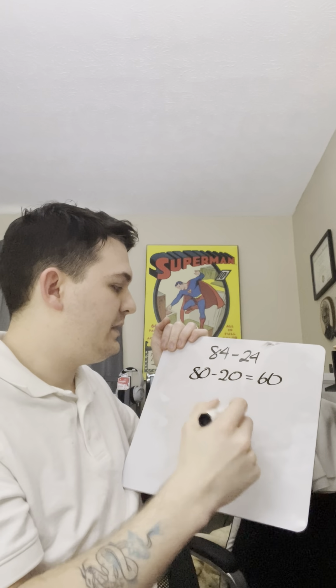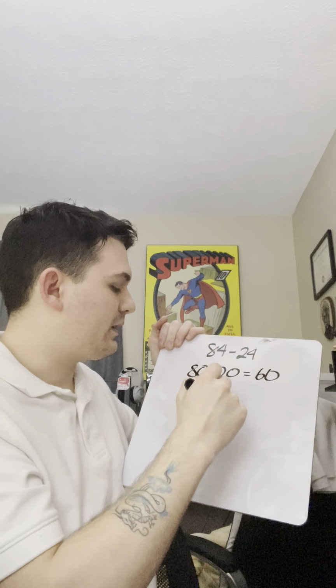So then we can break those down, and you can see that you might do 80 minus 20, and we can get that that is 60. Then you want to break down the ones, and you do 4 minus 4, and we can get that